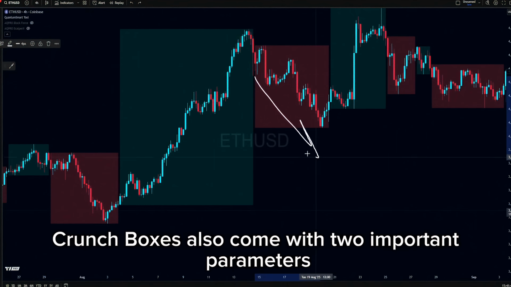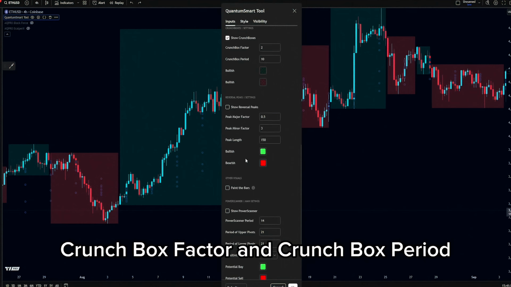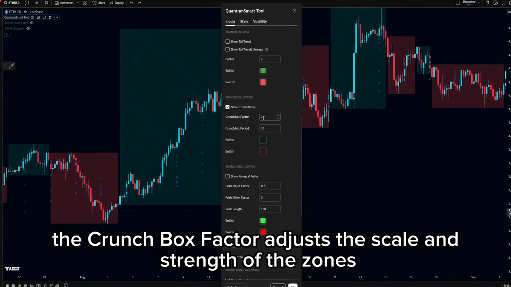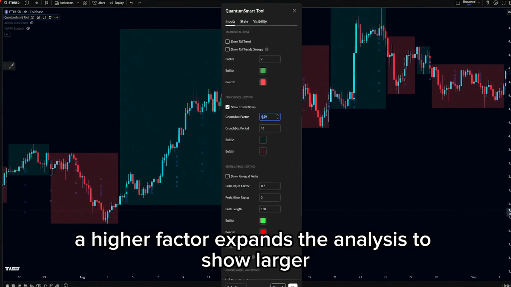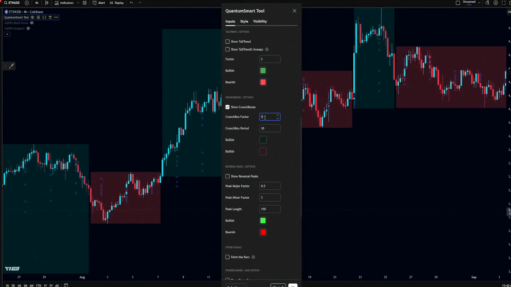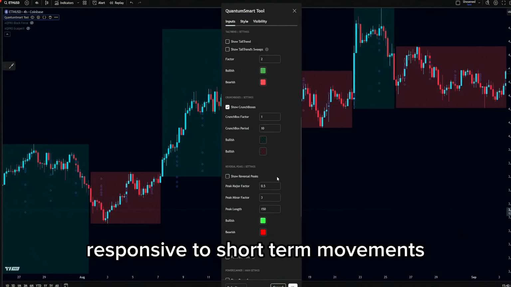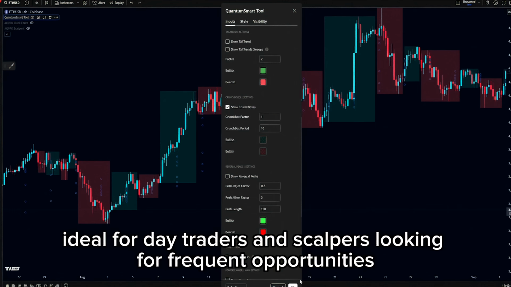Crunch boxes also come with two important parameters, crunchbox factor and crunchbox period. The crunchbox factor adjusts the scale and strength of the zones. A higher factor expands the analysis to show larger, more global zones, perfect for long-term or positional trading on higher timeframes. A lower factor makes the boxes more sensitive and responsive to short-term movements, ideal for day traders and scalpers